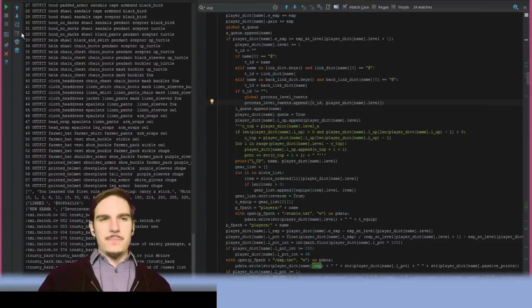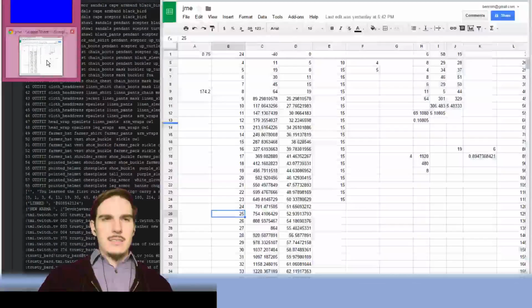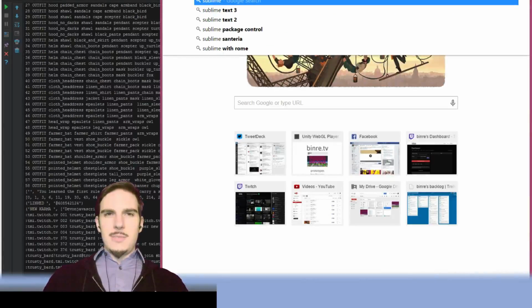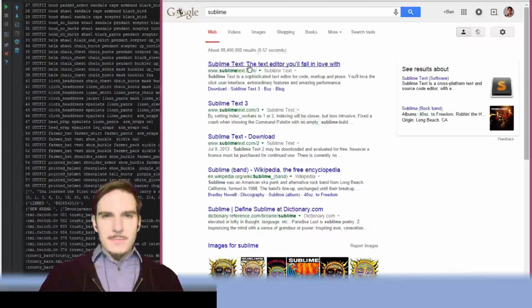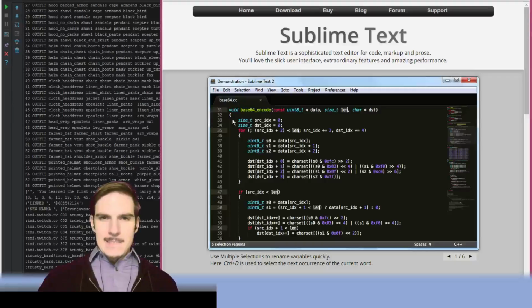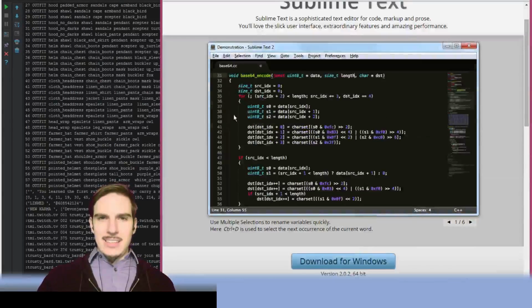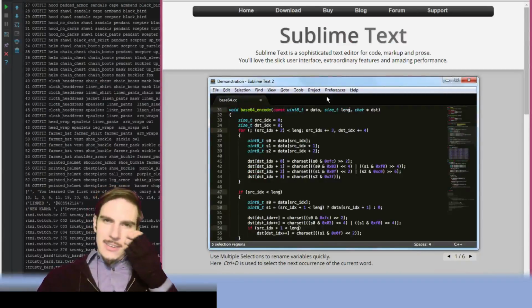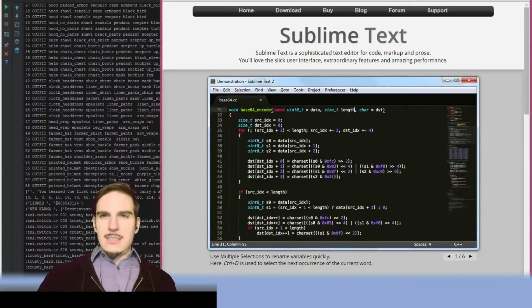Someone was telling me about Sublime Text. I think someone was trying to convince me that Sublime Text was where it's at. And look, they have the little indentation indicators. I wonder if